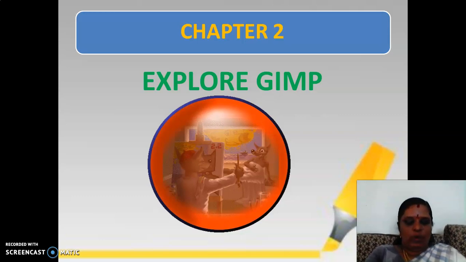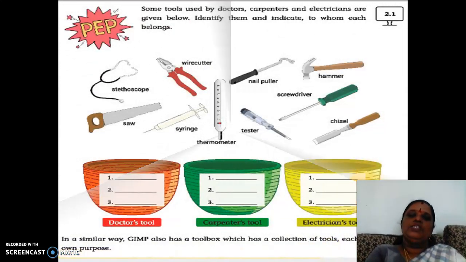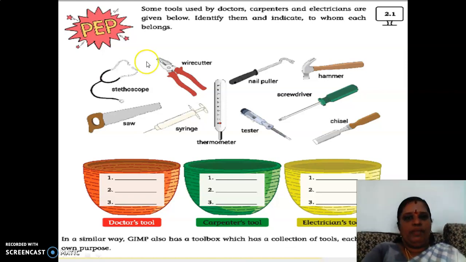Chapter 2, Exploring GIMP. What are all the GIMP tools and what are all the things available? The first page in our book is the PEP activity. So, the first PEP activity in lesson 2 is about certain tools available. Certain images are available which are used by doctors, carpenters and electricians.